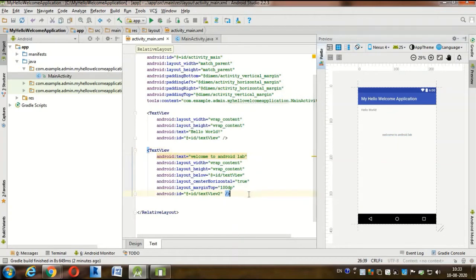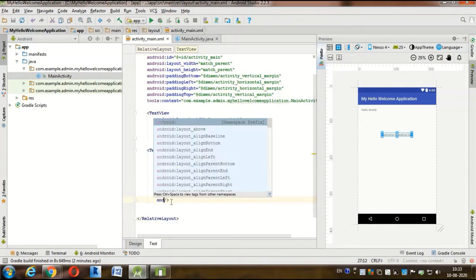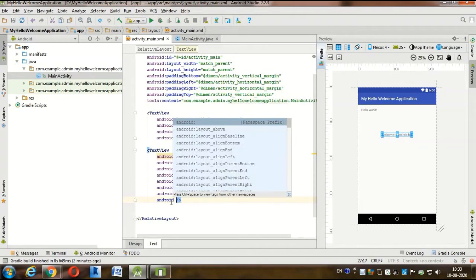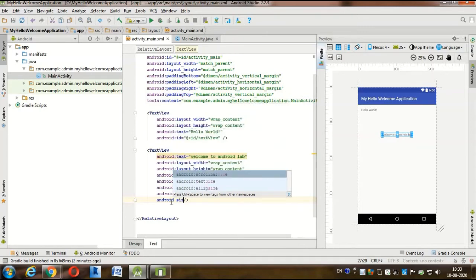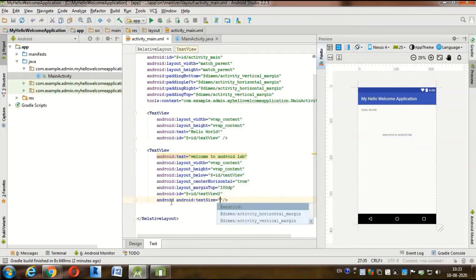If we want to increase the size of the available text, you need to write Android text size.